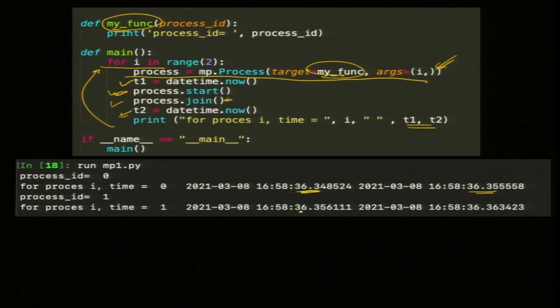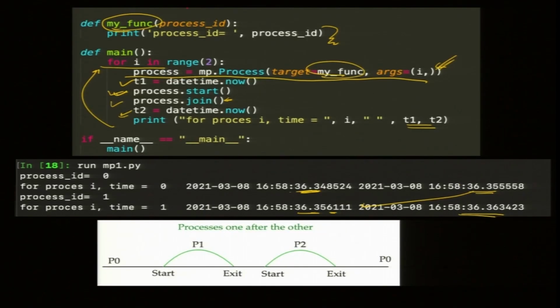Then the next one was 36.3561, so this is after the process starts. You can do slightly more complicated work, and you can see that these processes are occurring one after the other. That is what we get in this example.